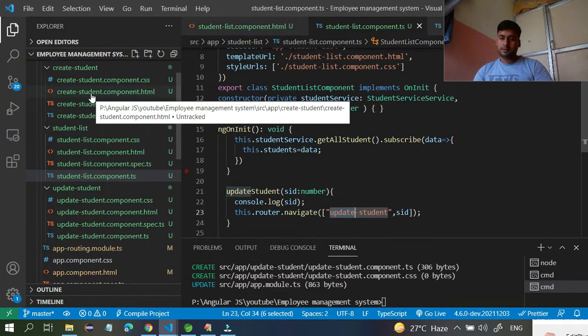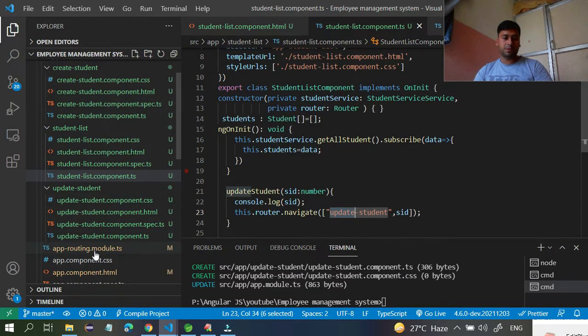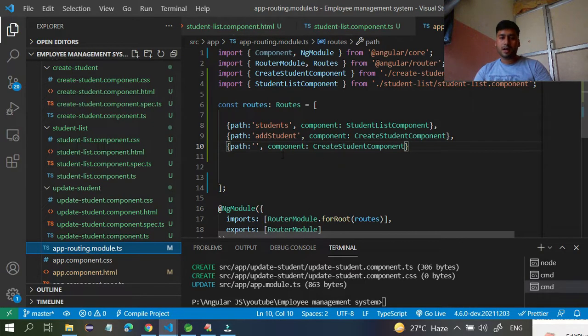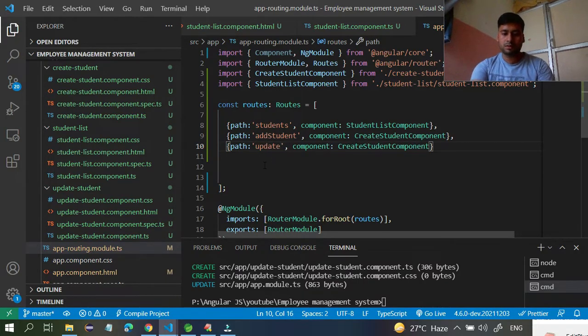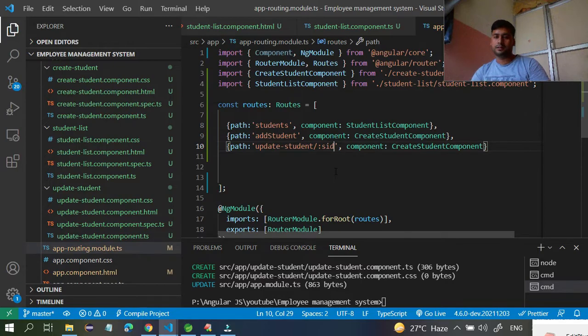Inside this router you have to specify which path you have to redirect to. Give this path: update student slash colon SID. That's it.